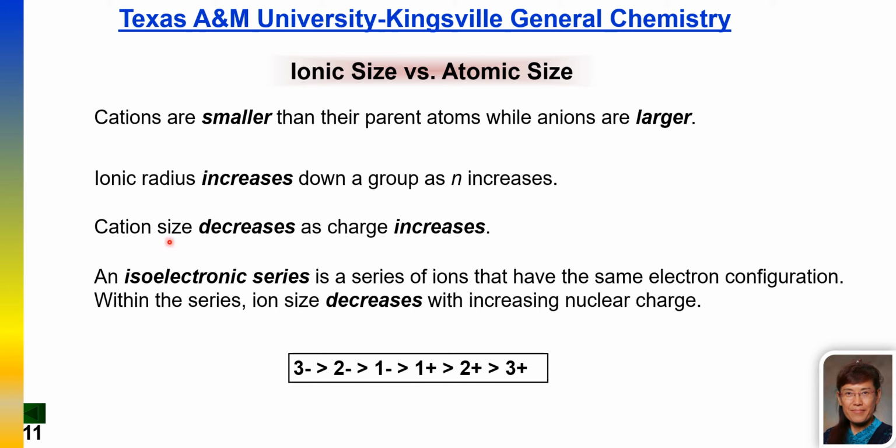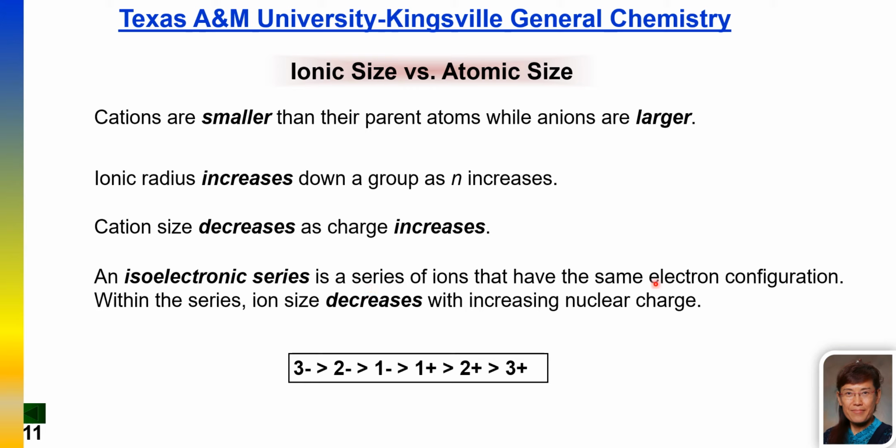The cation decreases as the charge increases. If you have positive 2, positive 3, the more positive, the smaller the size. Therefore, we are going to learn one more term called isoelectronic series. Those isoelectronic series are different species of ions